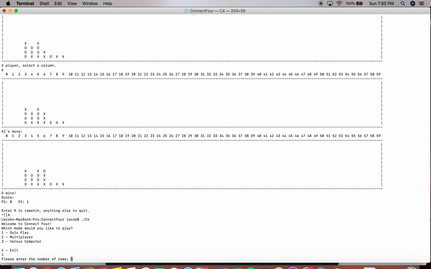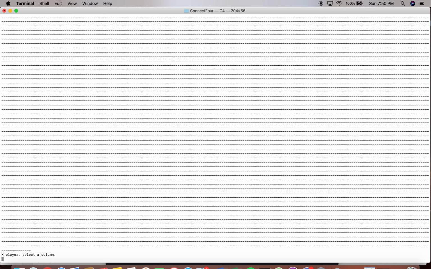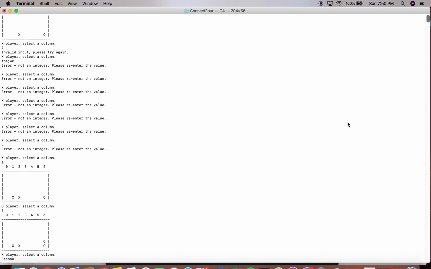So for the number of rows, we'll make 400. Let's say we want the number of columns to be pretty high. Let's make it 10,000. It's going to take a little longer to build the board, but it's still there. Now, obviously, it doesn't fit. It's going to give a little error message as well. It'll tell you, due to the size of this,